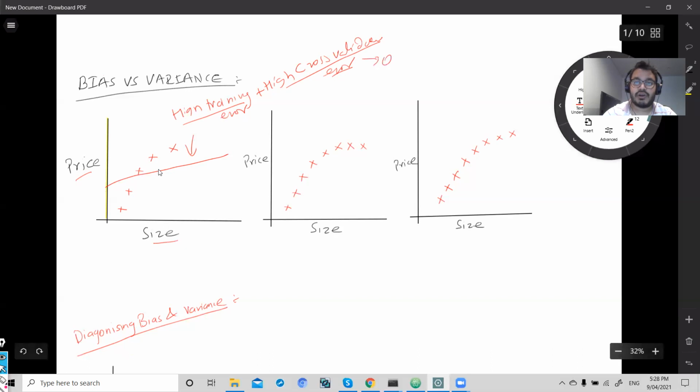So if we have high training and high cross validation error, then that's the case of underfitting, which means high bias. And if my model predicted the output something like this, this is just the right model. And if my model predicted output something like this,